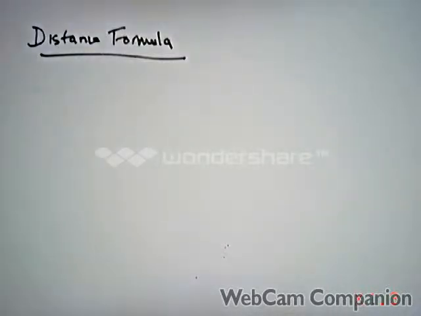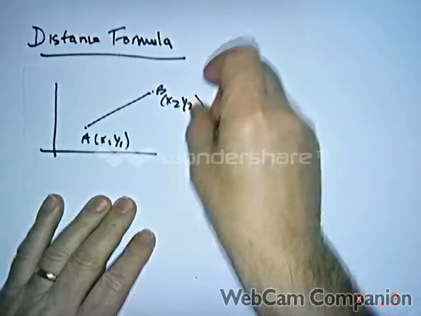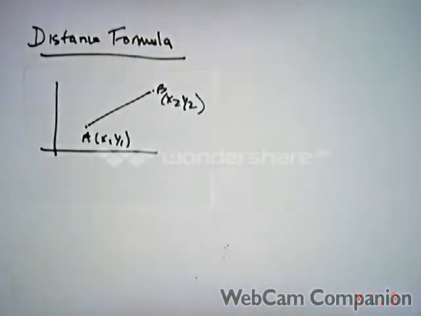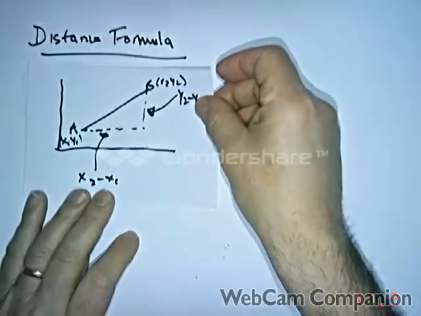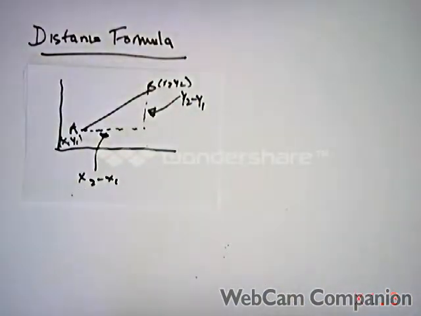Now in this video we're going to start the course by looking at the distance formula. This is a way of calculating the distance between any 2 points. So consider this here. We've got 2 points A and B with coordinates x1, y1, and we want to calculate the distance between them. We do that by constructing, if you like, a right angled triangle as shown in this